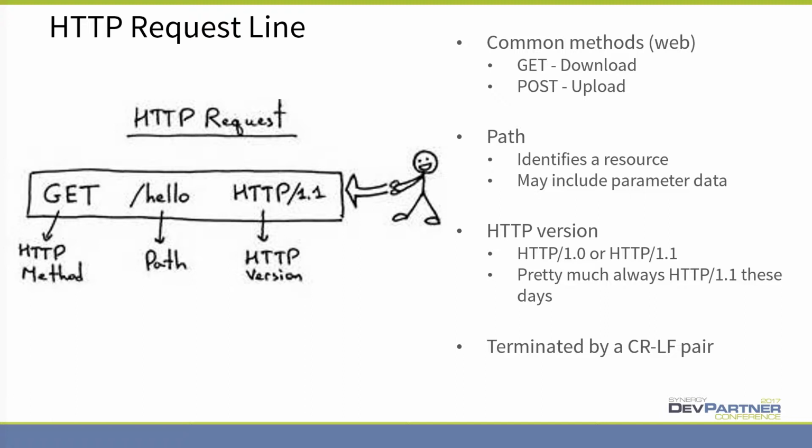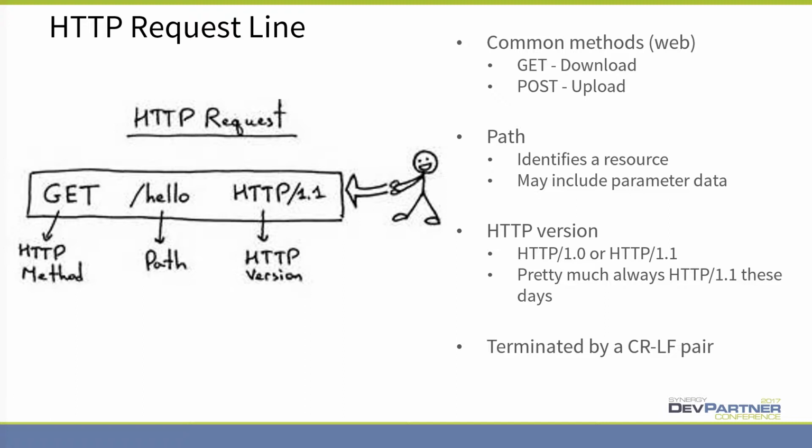We're saying, please send this resource to me. With a post, you're sending something to the server. So that optional body that we mentioned a moment ago, with a get request, there is no body. You're simply saying to the server, please send me this. With a post request, you are sending data in the body to the server. So you might be creating something or updating something or filling in a form on a website. You hit that post button, it's sending data from the form in some format back to the server through the